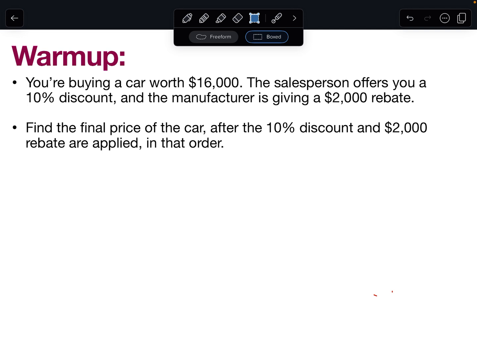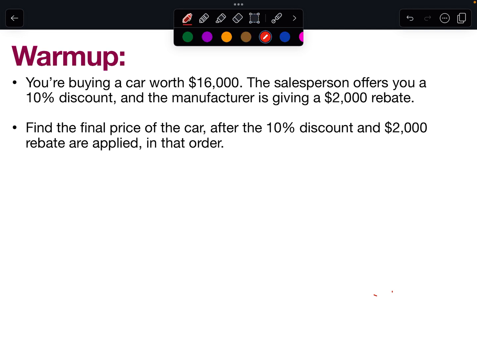So suppose you're buying a car worth $16,000. The salesperson offers you a 10% discount and the manufacturer is giving a $2,000 rebate, all right? So you're going to pay less than $16,000 here when all is said and done. Let's find the final price of the car, supposing that the discount is applied first and then the $2,000 rebate,